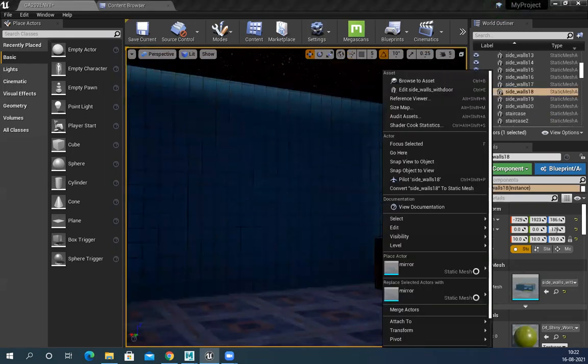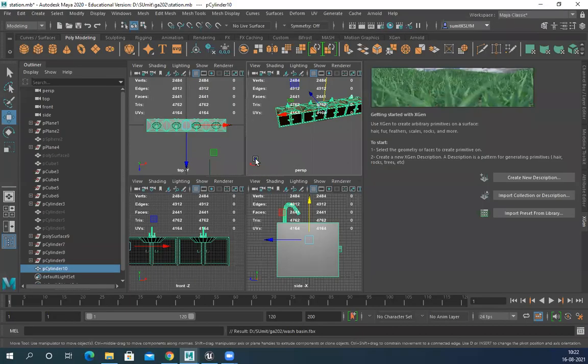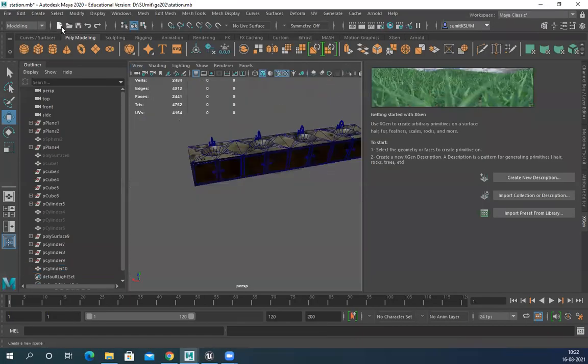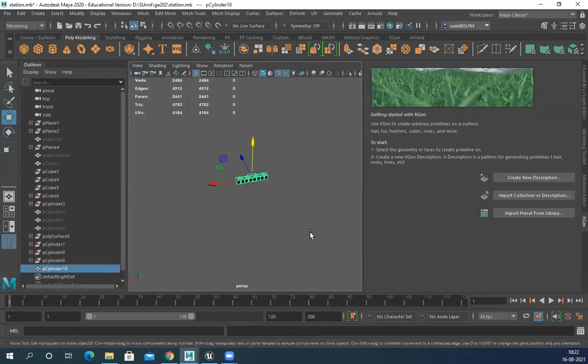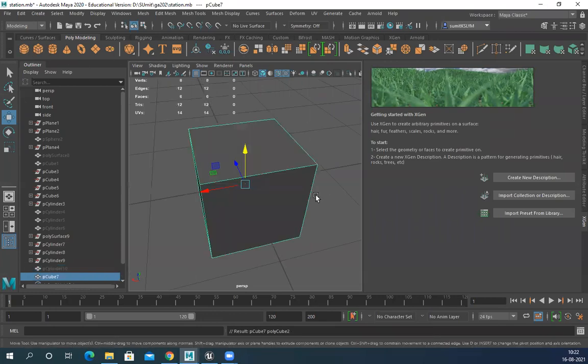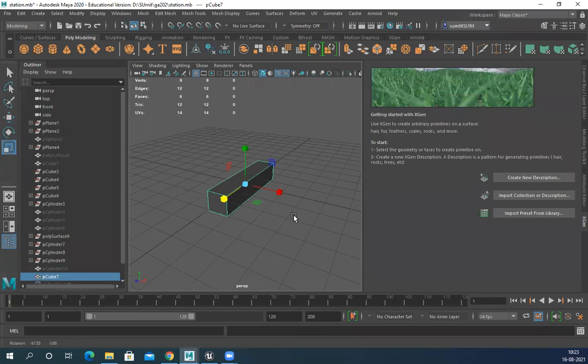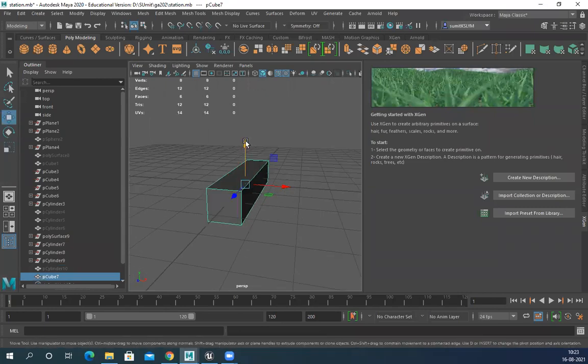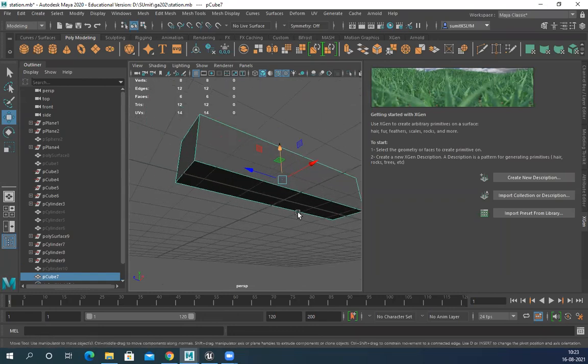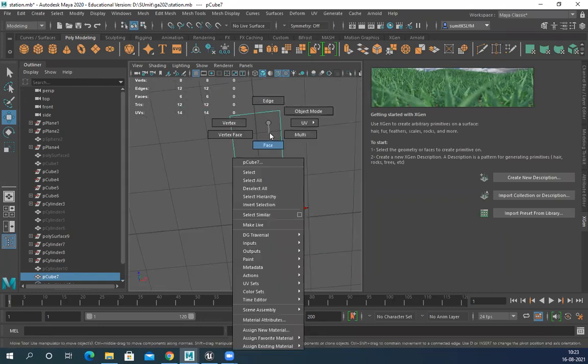So to create a light, which is very simple and easy, hide, box. Now I want to create this thing, a ceiling light.